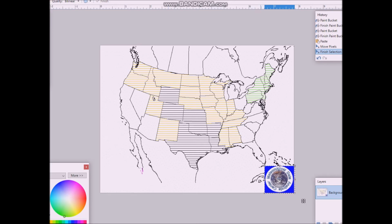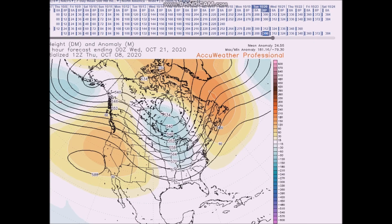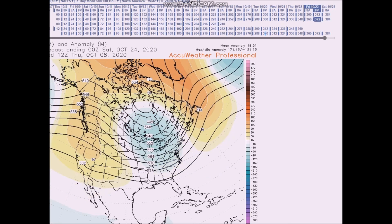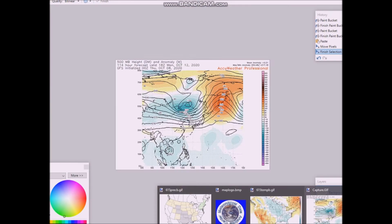Now we're going to look at the period for October 21st to 25th. Models depict strong positive height anomalies across the Arctic into the Northeast region, with a ridge in the west and a trough in the east. That's what we're forecasting here. So the pattern remains amplified. For this forecast period, I am forecasting